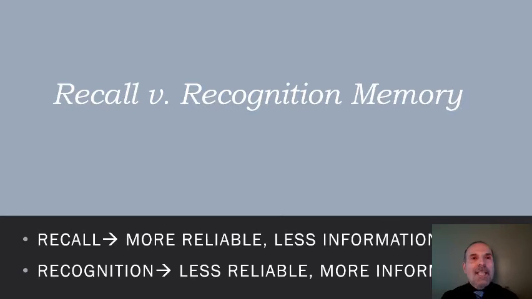When you move on to recognition memory, well, then you're getting a little bit more suggestive. And you'll see that when we talk about that hourglass metaphor. The thing about recognition memory, especially with smaller children, is you get more information. It's less reliable. That is, the information that you get is not as likely to be the true, complete truth as it would be with recall memory, but you get more of it. Now, that doesn't mean that recognition memory results in falsehoods. Hardly. You just get information that is statistically less reliable. And that's never a good thing when you're doing a forensic interview.